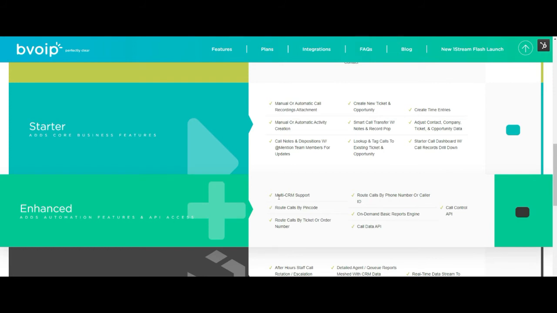So for example, multi-CRM support, right? What happens if you're using a Salesforce and a Zendesk, or a ConnectWise and a Salesforce, or a HubSpot and an Autotask? We come to find that many organizations are using multiple tools because maybe one size doesn't fit all. So instead of trying to sync data between the two or multiple systems underneath the hood, we're pushing data to their systems simultaneously. So we found that that's something that is super helpful.